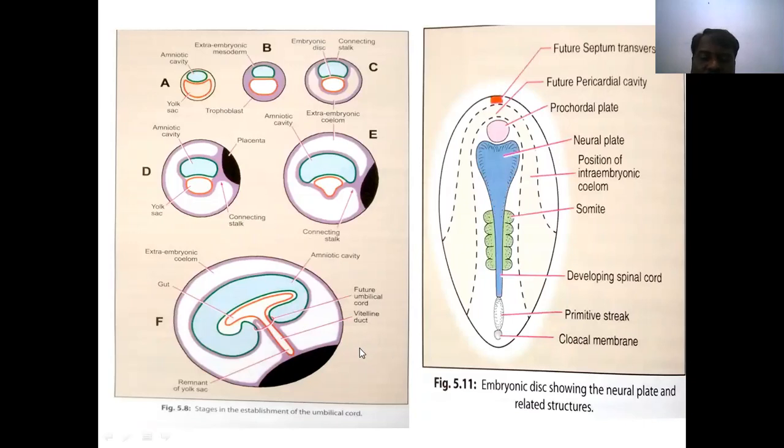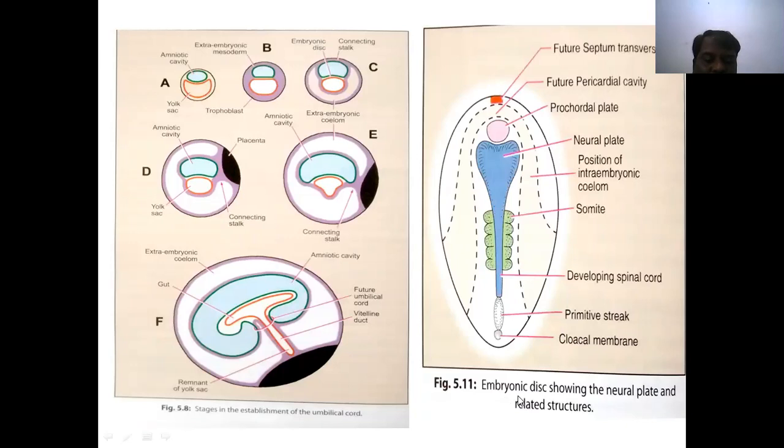Next, the two arteries are there. So when you take a section of this, we can identify the Wharton's jelly, two arteries, one vein, the remnant of the vitelline duct, and also the allantoic diverticulum. So that is the structure of this umbilical cord section. This is very, very important. If you know this, it is easy to understand the folding.